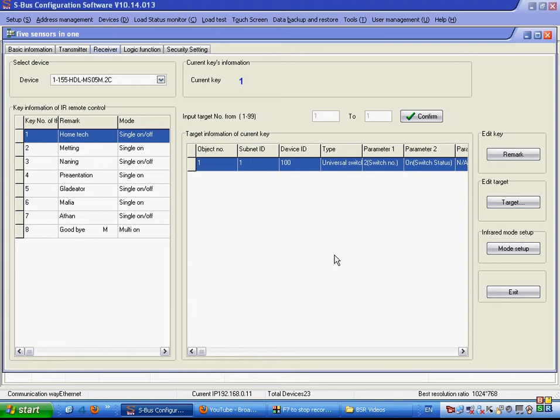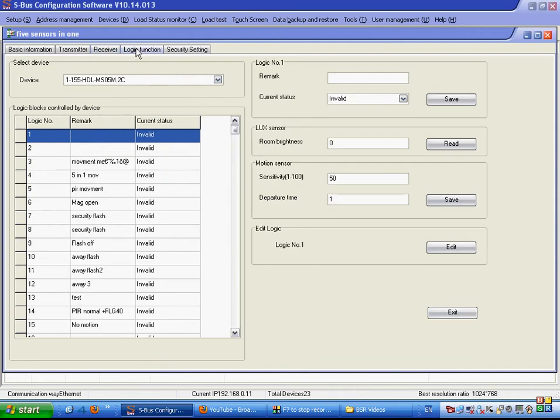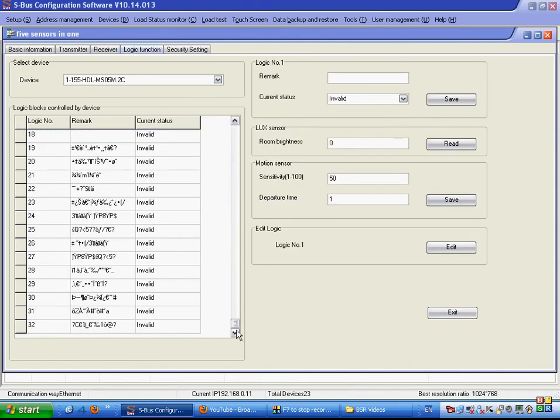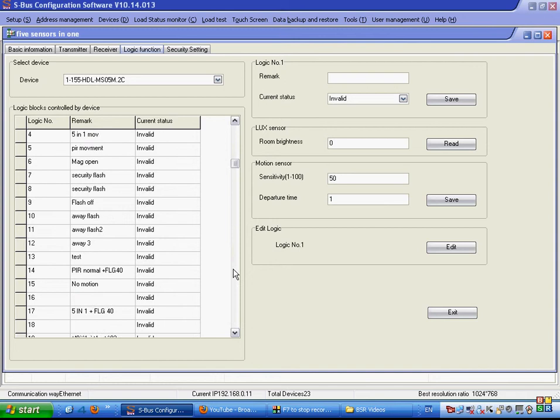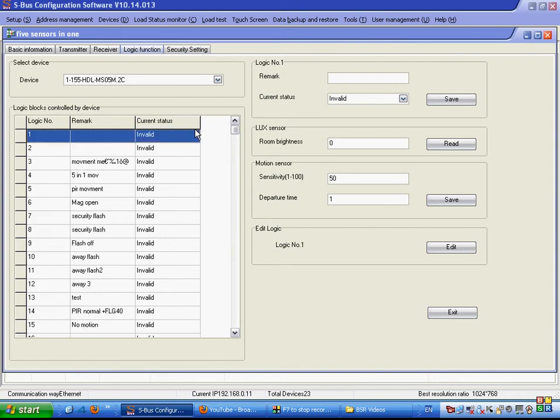Now we will talk about the 8-in-1 sensor logic function. We go to the logic function in this tab, and we will see that we have 32 logic. Each logic we can program as different from the others. Here we also have the room brightness we can read, and here we can adjust the motion sensor sensitivity from 0 to 100,